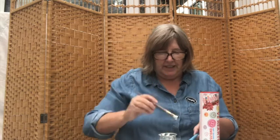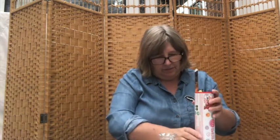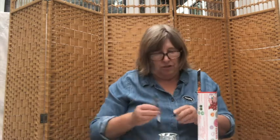The first one might be a bit tricky to get it to stay in place, with this particular tube anyway, because it's quite shiny. And there we go, we're just going to stick it on and hope for the best that it stays stuck on. Have to be a little bit patient. And then with your next tube,